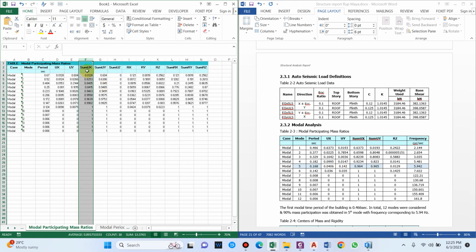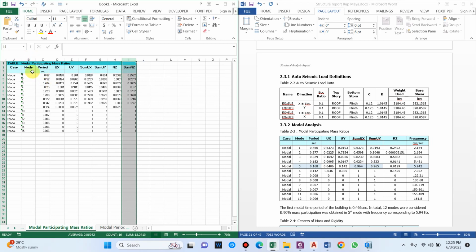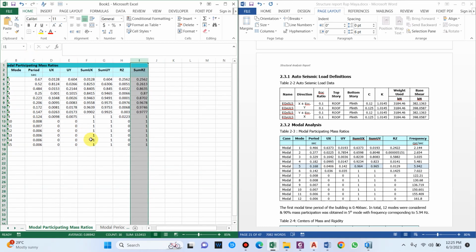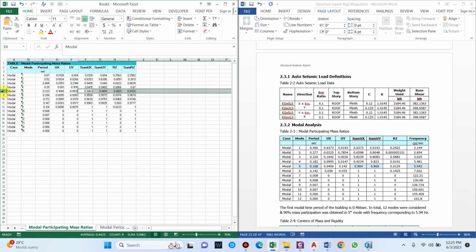We will be considering the total mass participation, sum UX, sum UY, and sum RZ, so it will not be necessary to consider sum UZ. RX, RY are also not necessary. This is for the translation and this is for the rotation. Translation is generally done for X and Y and rotation for Z. Now, number of modes considered: for now we are getting mass participation of 90% in the fifth mode itself. So we'll just consider 12 modes to be shown in the report,